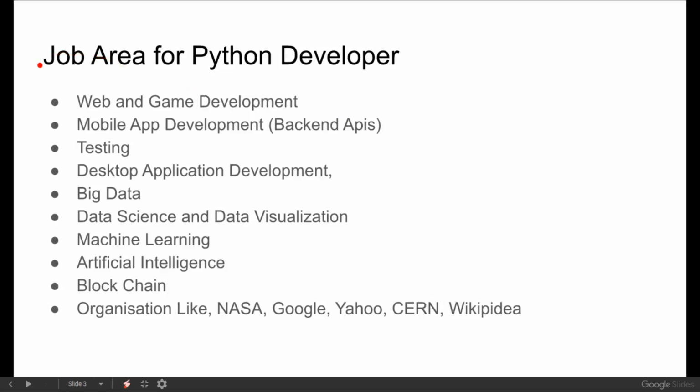Welcome back. In the previous video we talked about the scope of Python. Here we will explain that topic: what is the job area, or the scope, for a Python developer? For example, you learn Python, and where can you go after learning it? First is one of the vast fields we have available in today's world due to the internet,